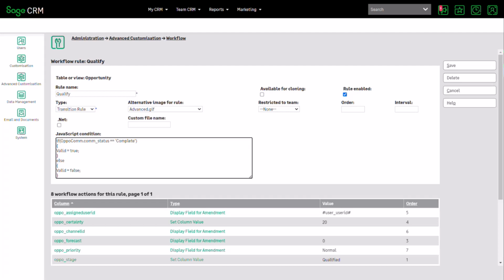Here you can see a transition rule. This happens to be within the demo opportunity workflow for a rule called qualify. In this particular case, it's looking at a variable that has been set inside the workflow. You can see something called oppo.com status is complete. This introduces the idea of looking at not only contextual information,